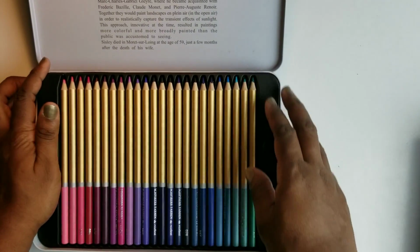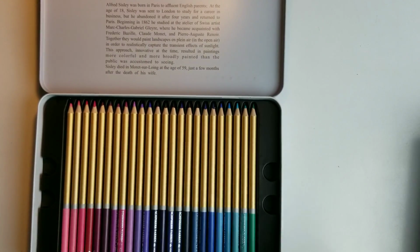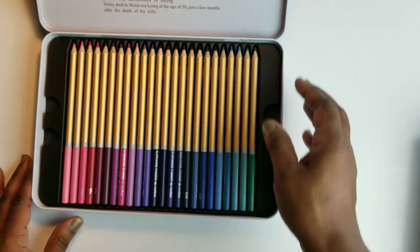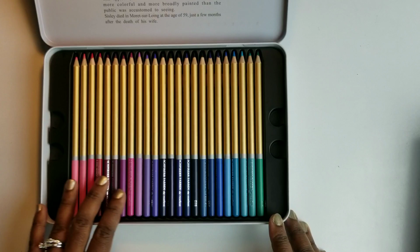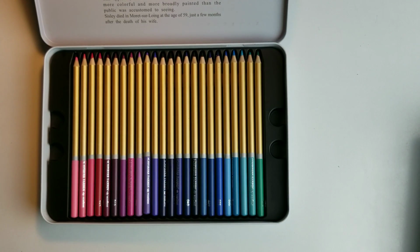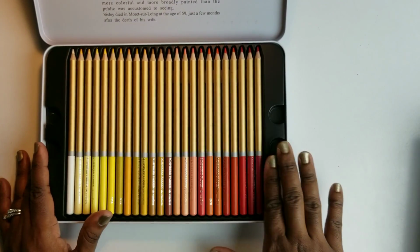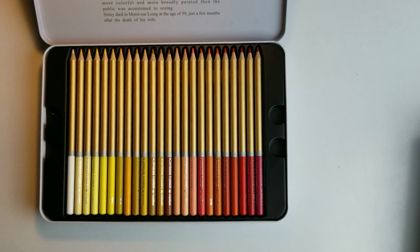pencil. There's a lot of variety of purple, as you can see here. Sorry about that. Variety of purple and pinks here. Blues, a lot of variety of blue. And then you have your yellows and oranges, peaches and orange. So,